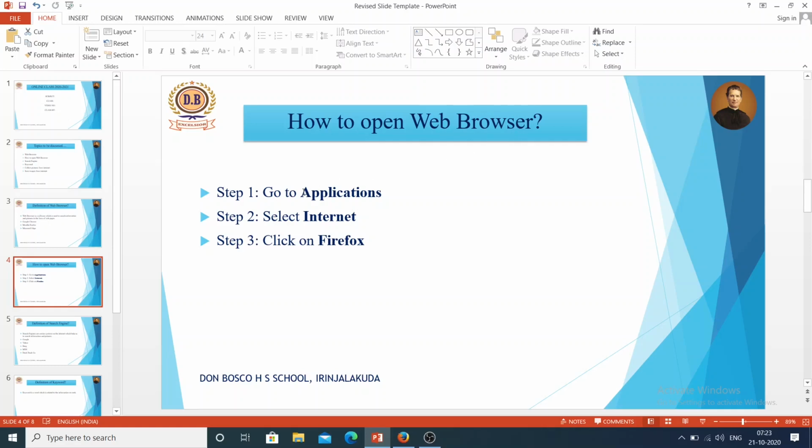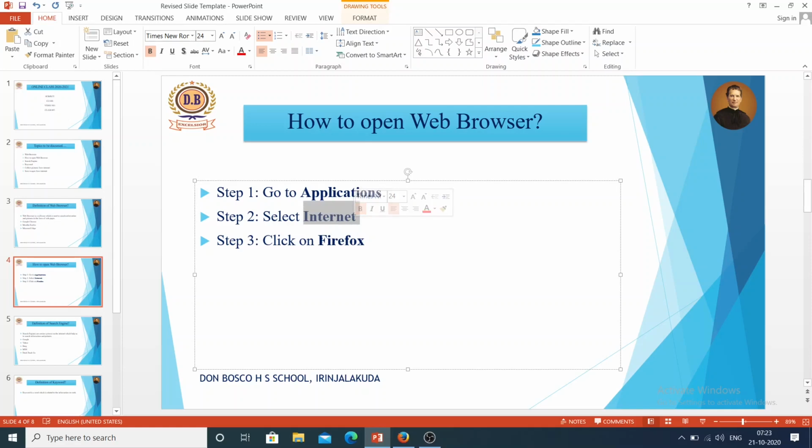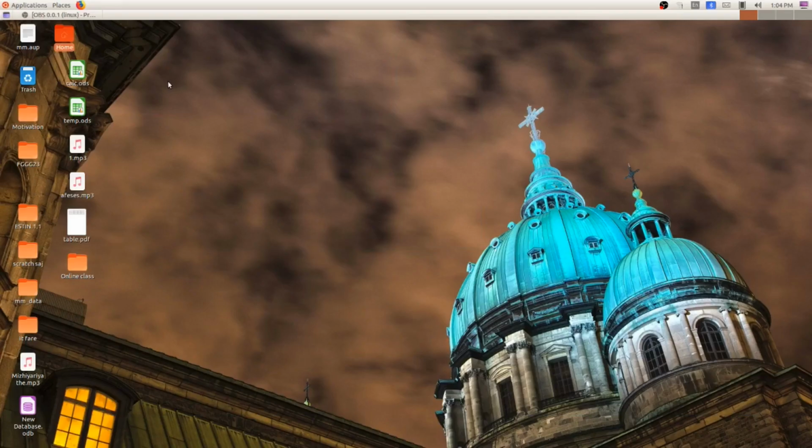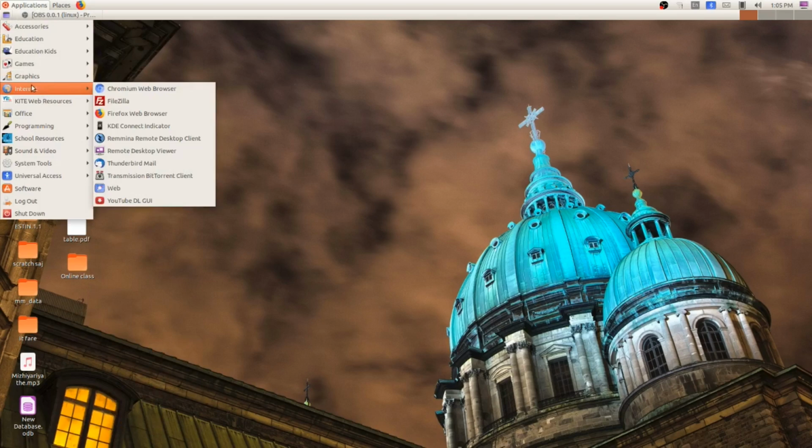Now let us move to the next topic: how to open a web browser. The first step is go to applications, second step, select internet, and third step, click on Firefox. So how to open a web browser in Ubuntu: at the top left corner you can see applications, and there you can see an option called internet, and inside internet you can see the web browsers.